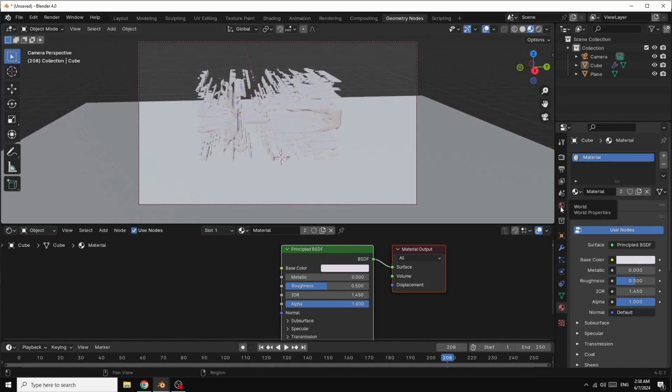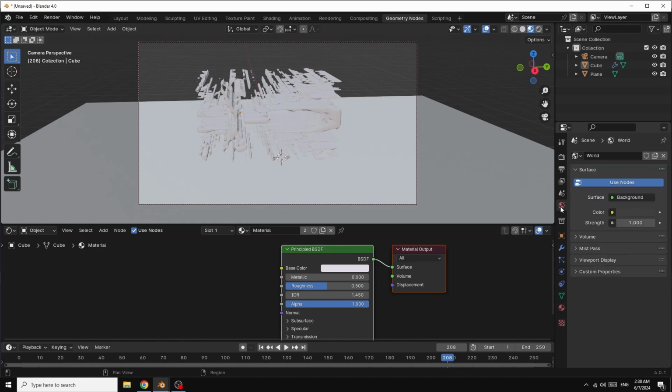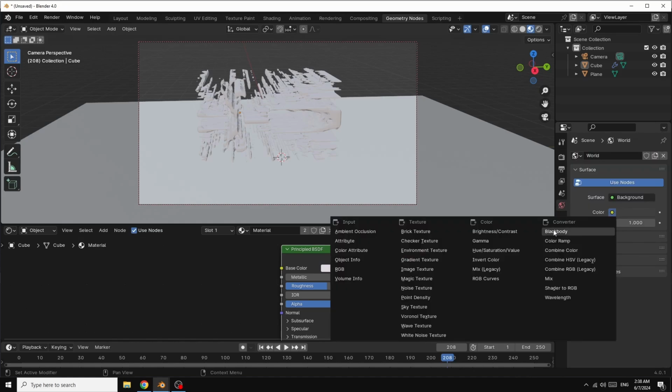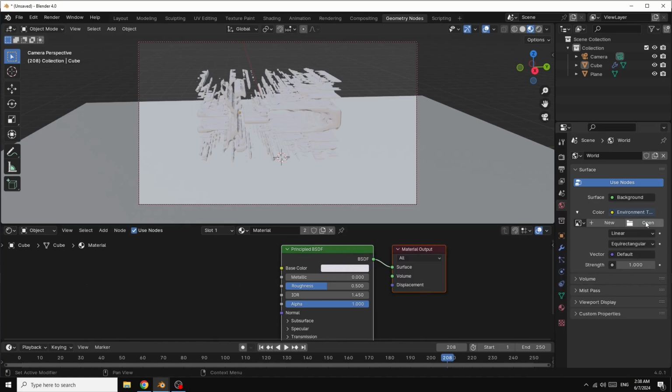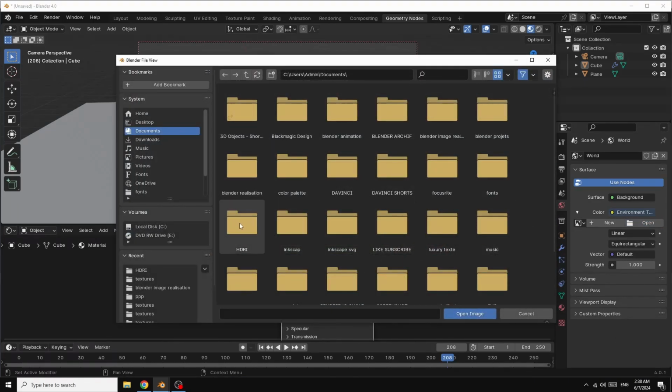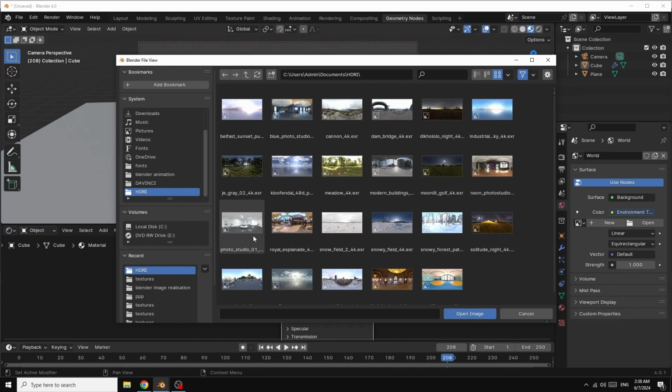Now go here in World Properties, in Color, in Environment Texture, open your HDRI from your computer. I select this one.